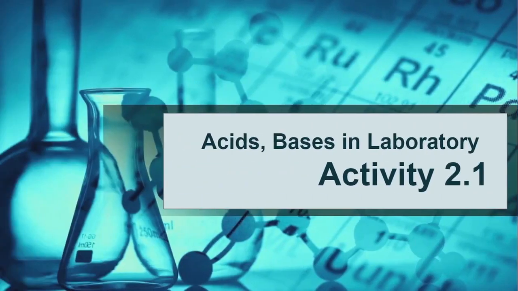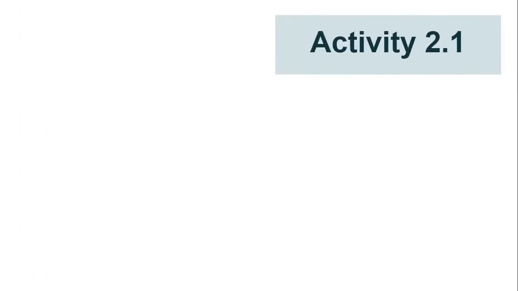First of all, we'll learn about acids and bases in the laboratory. If we want to test acids and bases in the laboratory, then we will use Activity 2.1 in your textbook. So, let us start with Activity 2.1. To start it, we have to collect some solutions from the science laboratory. Which are the solutions? Let us see.